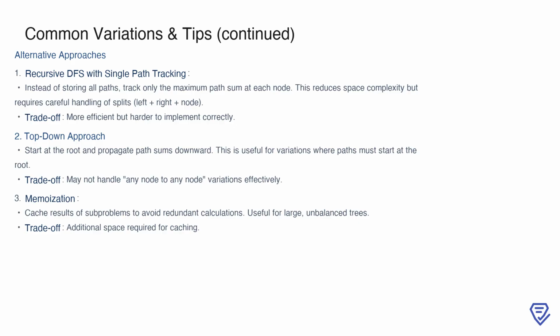Finally, memoization is an excellent strategy for optimizing performance. By caching the results of subproblems, you can avoid redundant calculations, especially in large, unbalanced trees. The trade-off here is that it requires additional space for caching, but the efficiency gain is often worth it. Each of these approaches has its own strengths and trade-offs, so understanding them will help you adapt to different problem